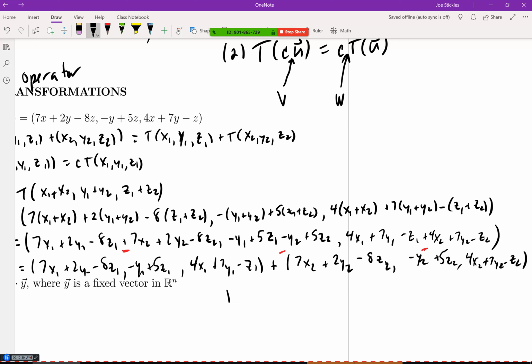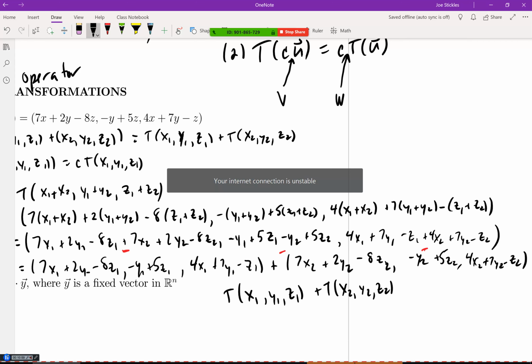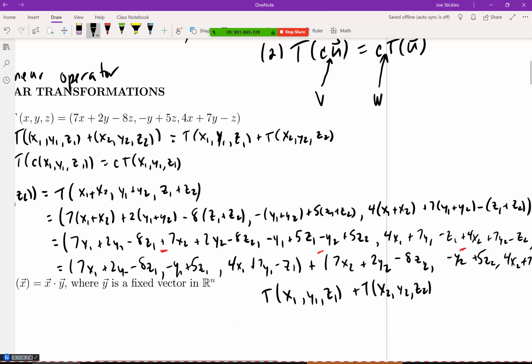And then hopefully now we recognize that this is T of x1, y1, z1 plus T of x2, y2, z2. Not a huge surprise, since I said that this was going to be an example of a linear transformation, that this turned out to be true. Now, the second part won't take as long because there's not as many things to write. But before I do this, notice that if I think of